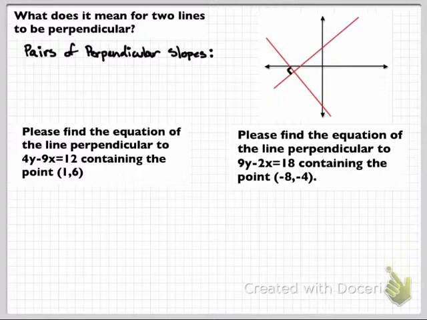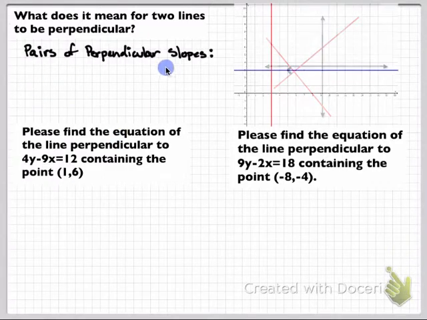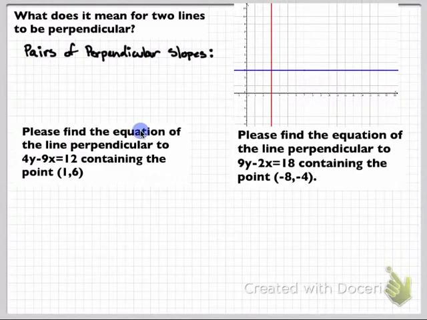And so the first question we have is, well, what's the relationship between the slopes of two lines that are perpendicular to one another? Now we know that the slopes of parallel lines are the same, and that was probably a lot easier. We could just kind of look at it. But this is going to be a little bit more tricky, so let's go ahead and do a little investigation where we draw lines that are perpendicular to one another and compare their slopes. And as we do that, I'm going to catalog here pairs of perpendicular slopes